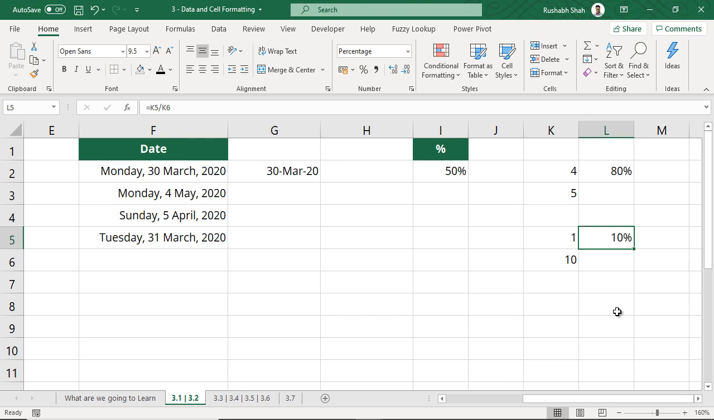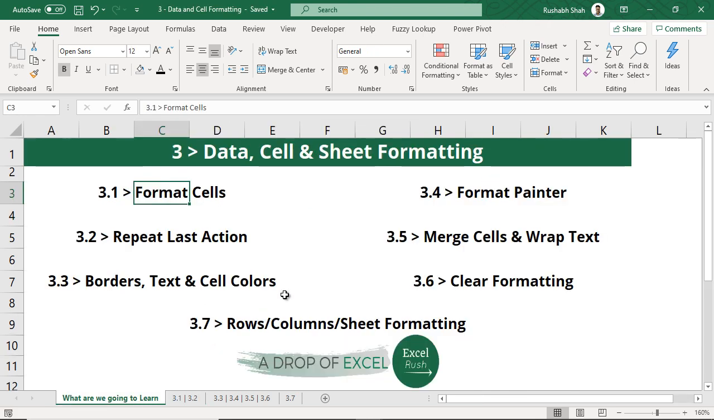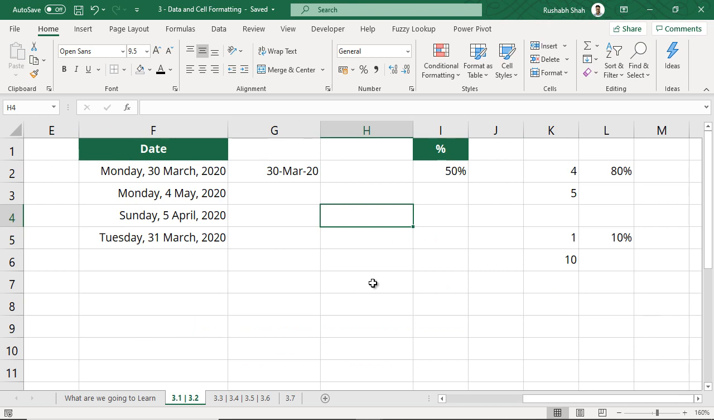Clear enough? All right. Let's go ahead. Now what we saw was format cells. Now we are going to see repeat last action, right? So there is a shortcut called F4. Okay, now this F4 is super